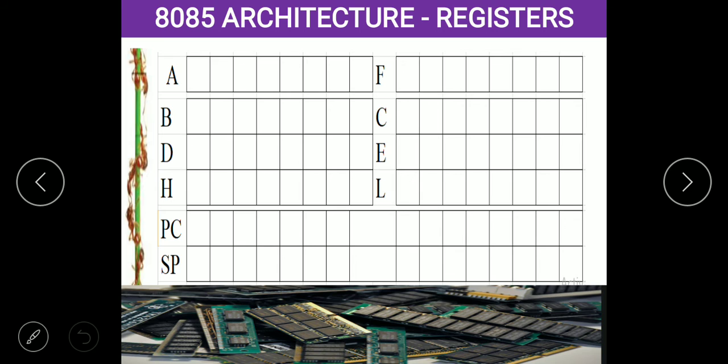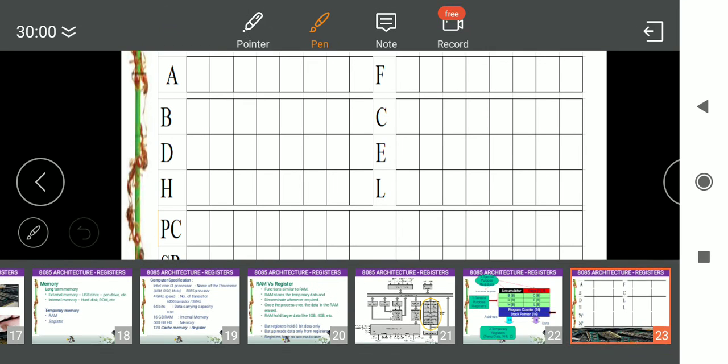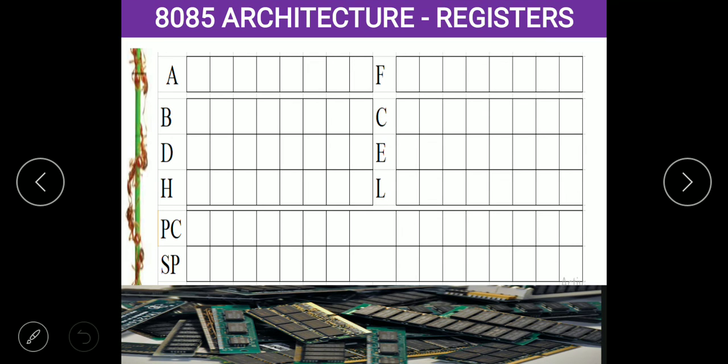This is the register. It is nothing but a number of boxes. For example, each box can hold only one binary value, either 1 or 0. Suppose I am writing 1 here. That's all, that element is finished. Next, 1, 1, 1, like that we can write in this space. Maximum in a register you can store 8 binary digits, that is 8 bits only.